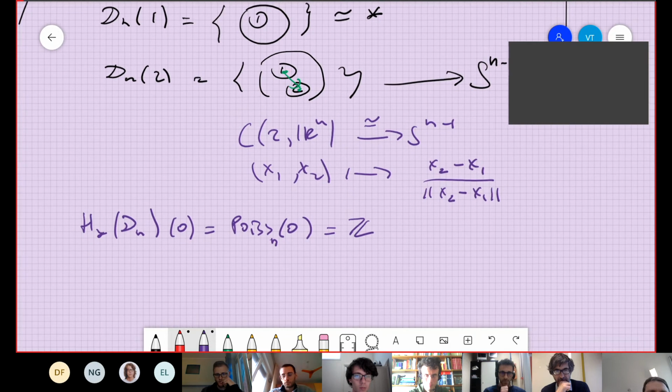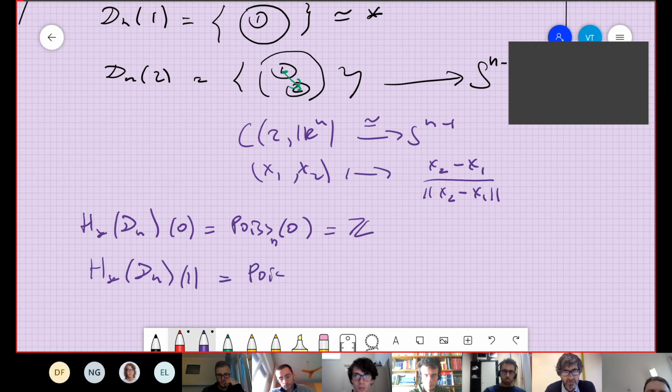Z, so it's an operad in the category of graded commutative rings. Dn of 1 is also, it is just Z. It is spanned here by the unit